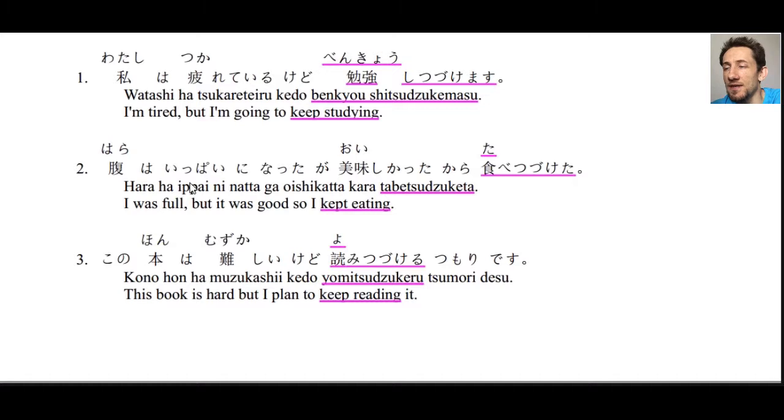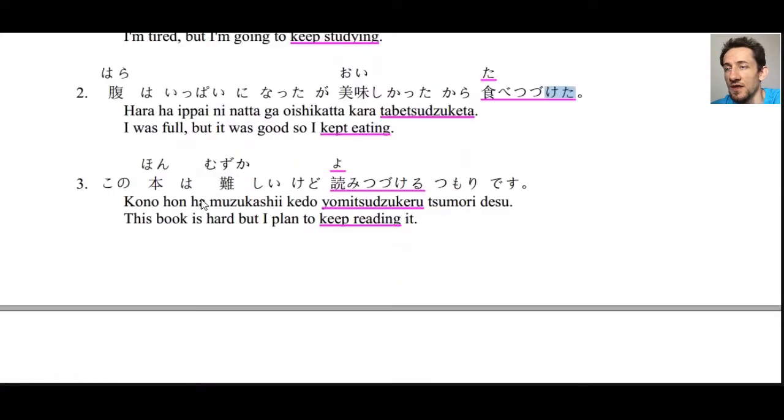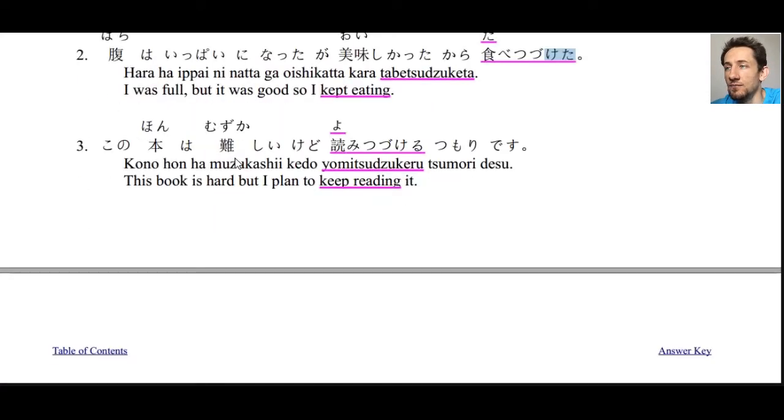Number 2, 腹はいっぱいになったが美味しかったから食べ続けた。I was full. 腹はいっぱい, full. But it was good, so I kept eating. Here we have the past tense of 食べ続ける、食べ続けた。Number 3, この本は難しいけど読み続けるつもりです。This book is hard, but I plan to keep reading